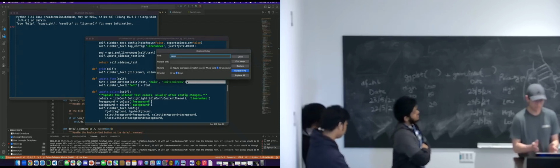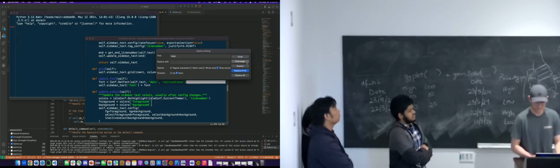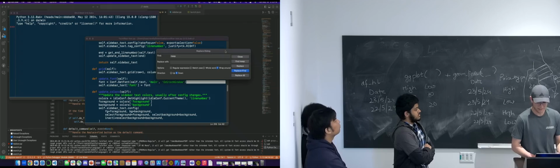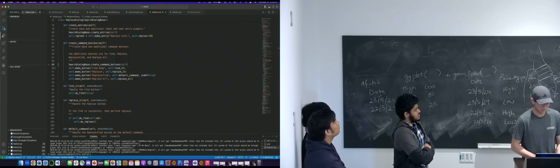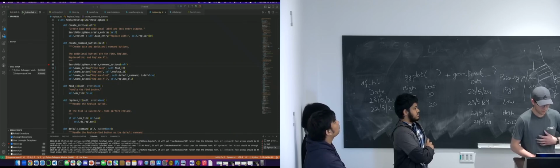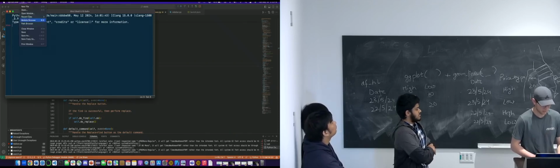So yeah, I actually removed all occurrences of meet. If I try to find it, it's not there anymore. So that's basically the overview. I'm going to go over the part where the buttons get made in the